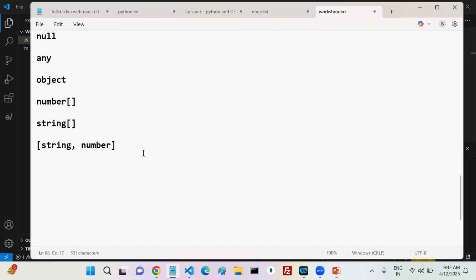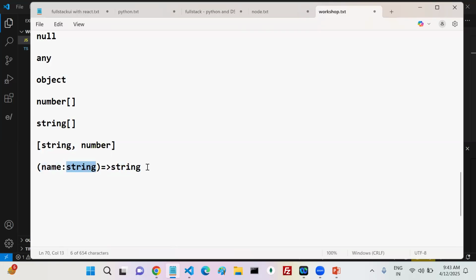Okay, sometimes you are expecting a function. The function type also you can mention. Simply, an arrow function you can go. The arrow function is going to return some value. This arrow function is called by passing one argument with the type of string, whatever it may be. It is a function type which returns me a string, and it is called by passing one parameter whose type is a string only.